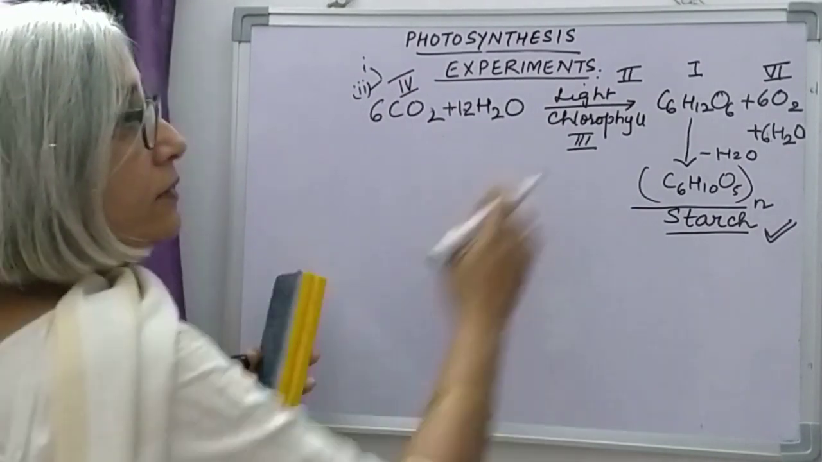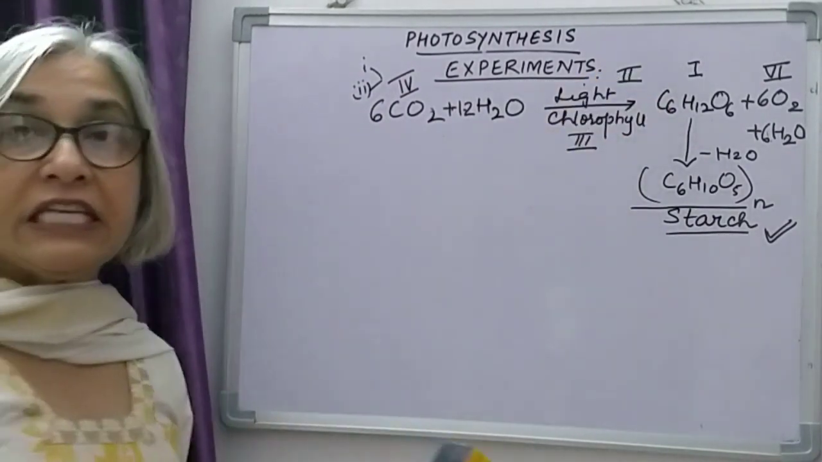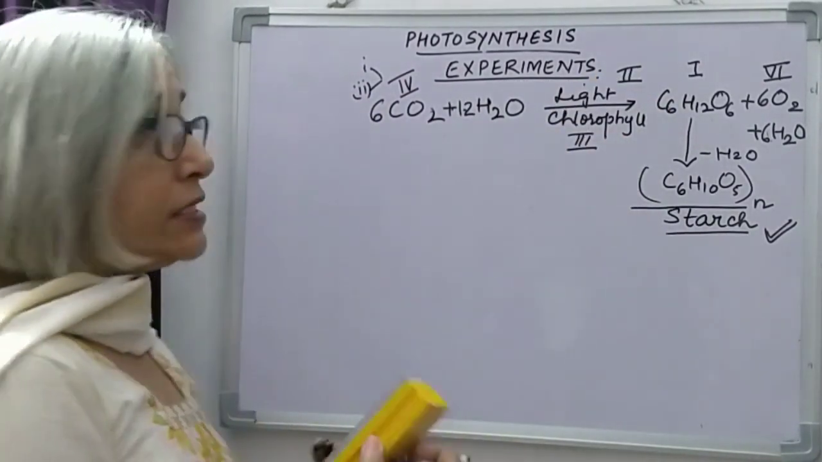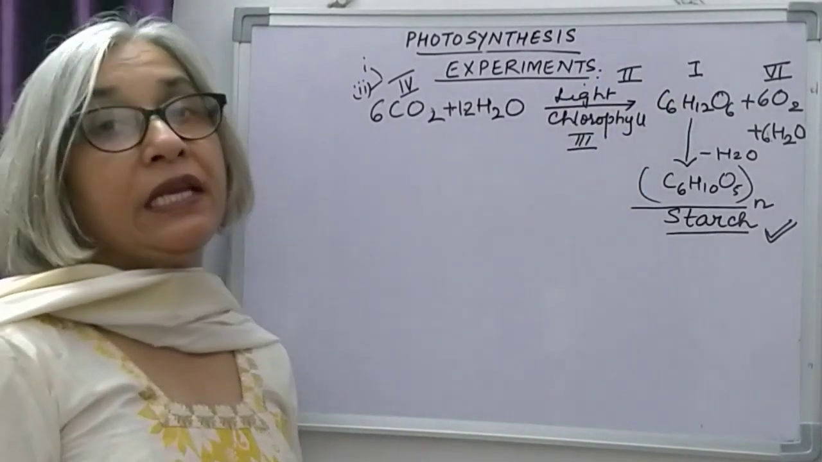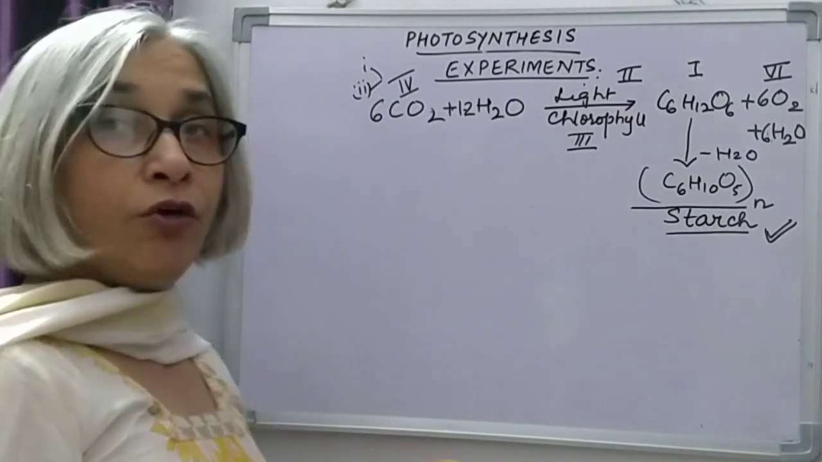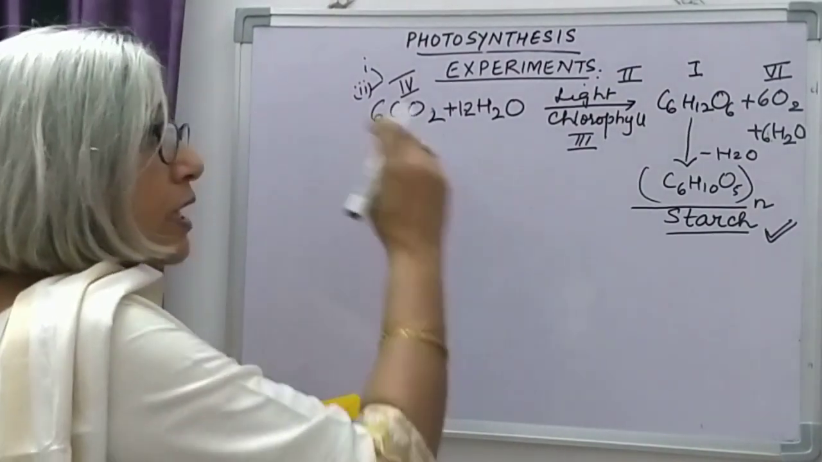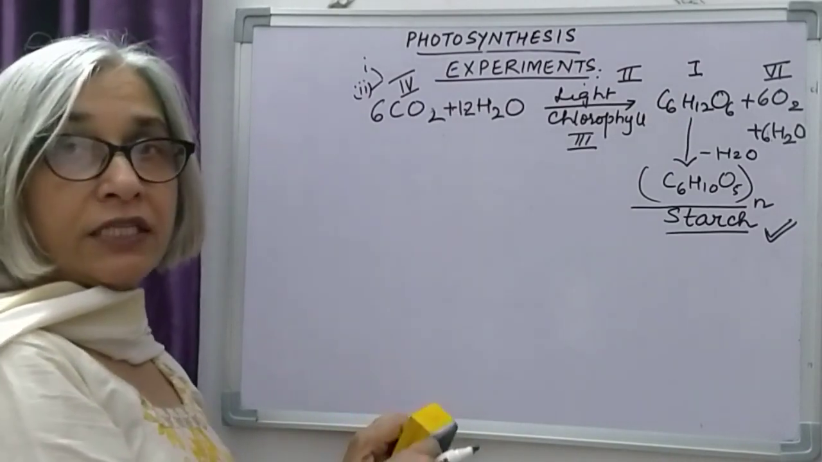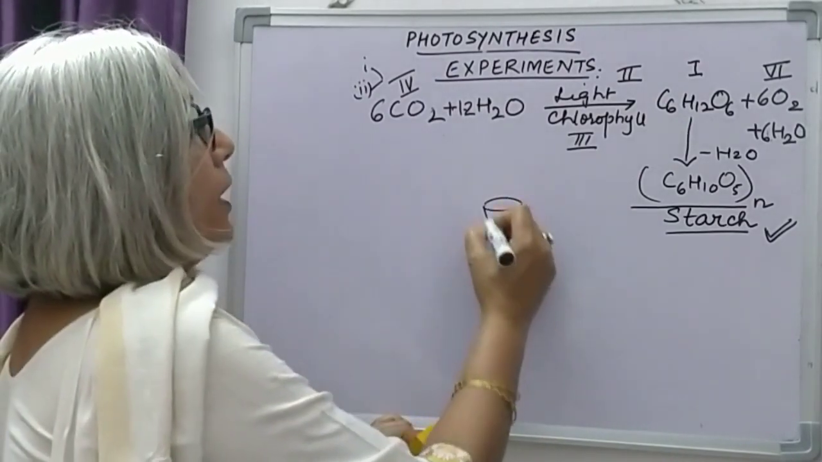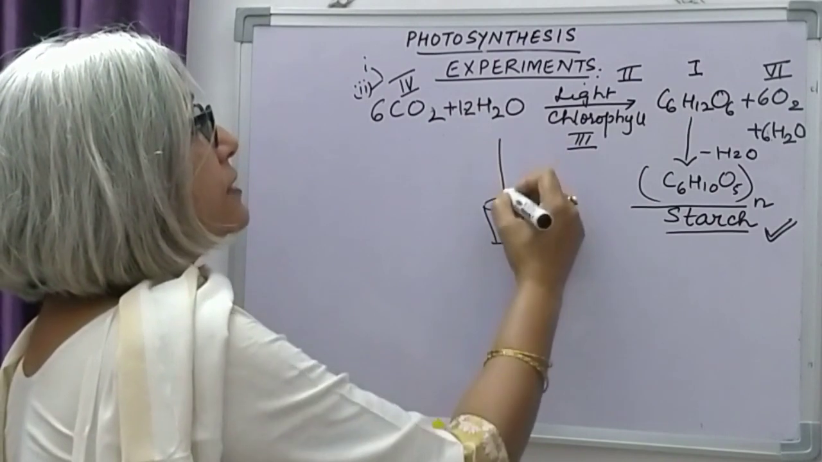As I have said, presence of light is essential for photosynthesis. Our aim of the experiment, or object of the experiment, is that light is essential for photosynthesis. For this, again we take a plant, destarch it for 24 to 48 hours, and then on one of the leaves,